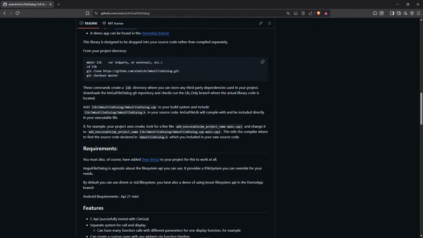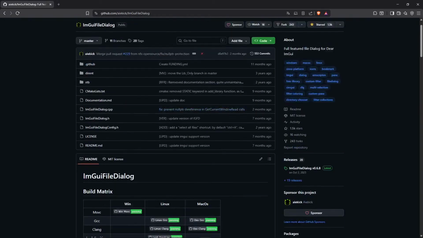Add the lib ImGui file dialog cpp to your build system and include it into your source code. Let me see if